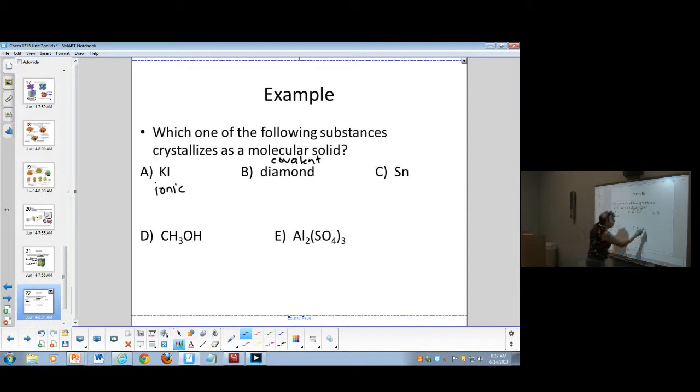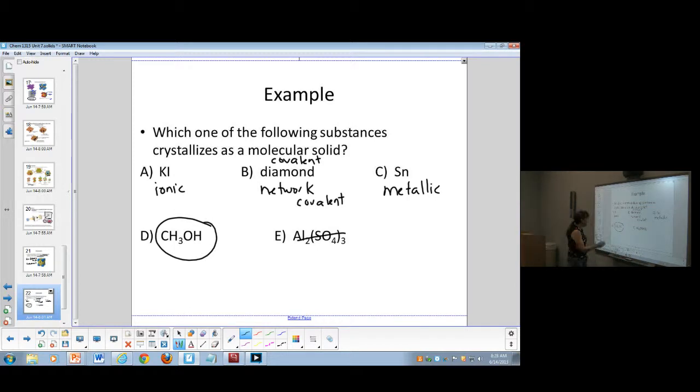That's also going to rule out the aluminum sulfate because that's also an ionic structure. Diamonds are network covalent. Oh, and there's all kinds of cool stuff you can do with this network covalent stuff these days, too. Metallic for the tin. That's going to leave us with our,